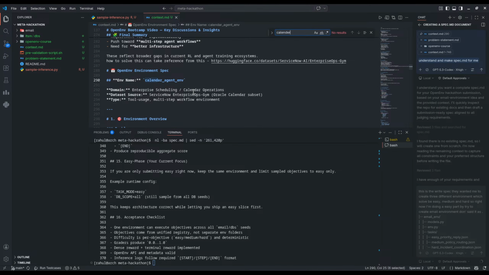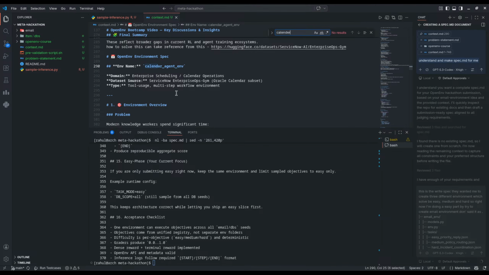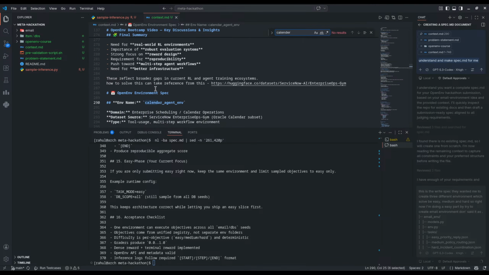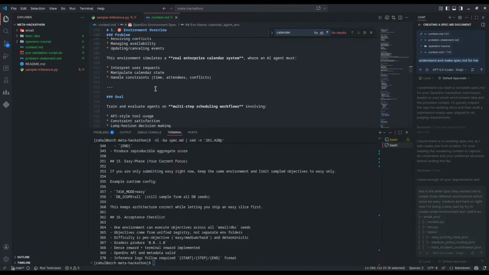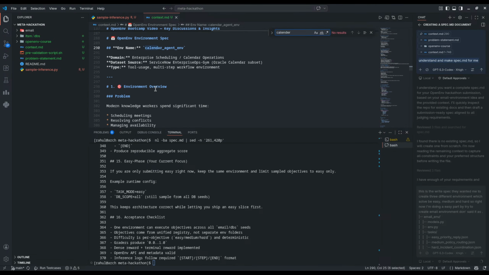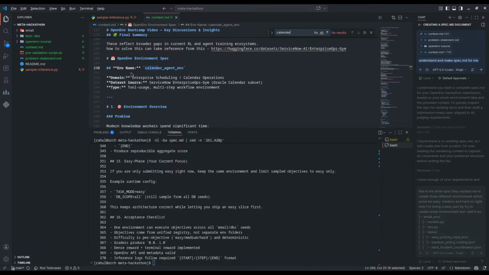Calendar. Okay, it has written something for the calendar. Okay, this thing is not required, I think. So we might need to update this from here. Where was it? We don't want to cover it. Now we wanted to cover ITSM.